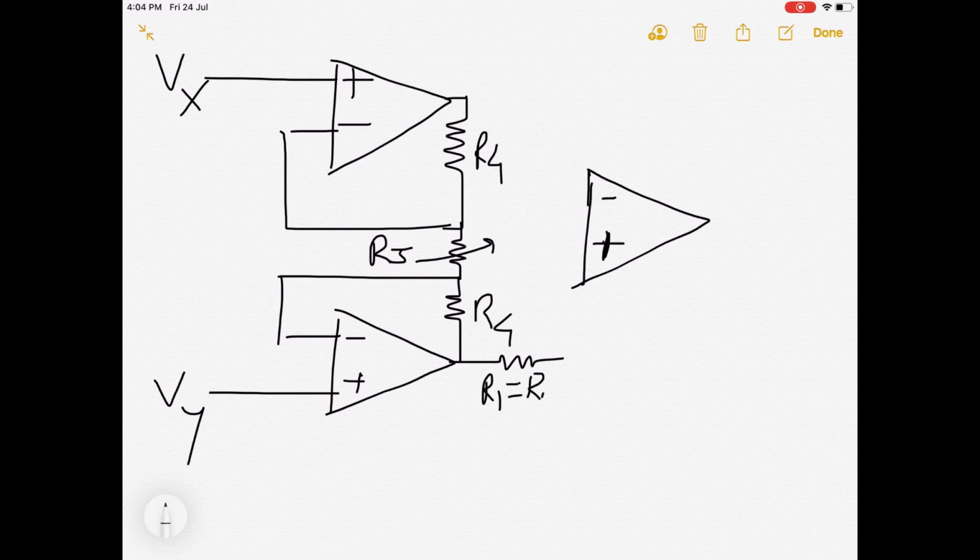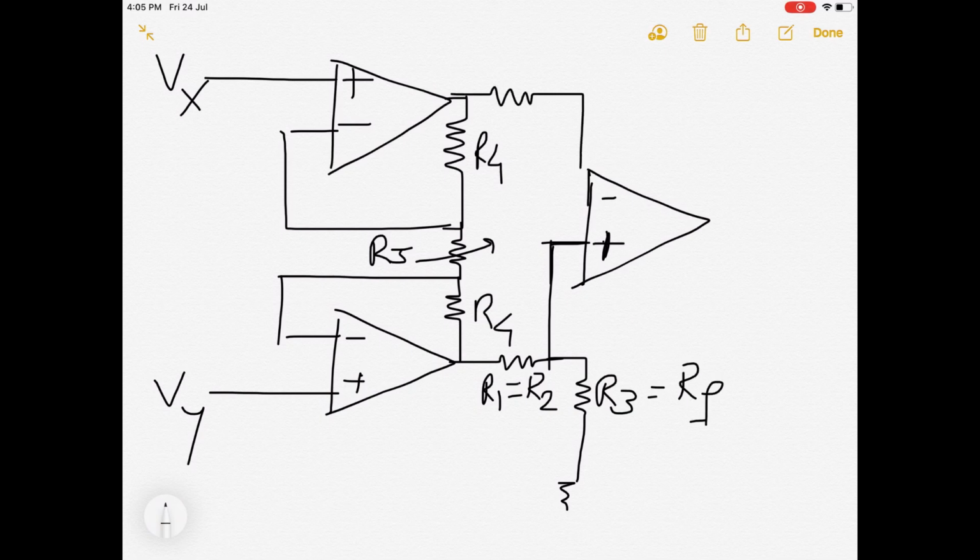Then this one is R1, the previous difference amplifier, same diagram. Here we are considering R1 equal to R2, then here the input goes to the inverting and non-inverting terminals. There is another resistor which is grounded, R3 is equal to RF, okay, and then here R1 we are applying. Okay. So, in the feedback again one resistor is there, this is the difference amplifier. So, the output is there and this is RF. So, this is the circuit diagram of the instrumentation amplifier.